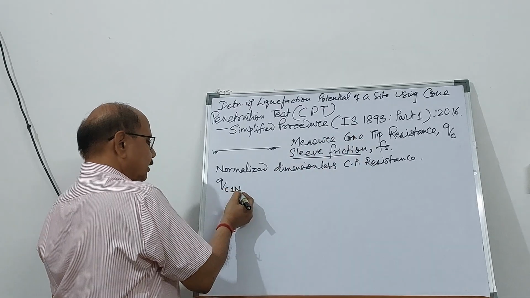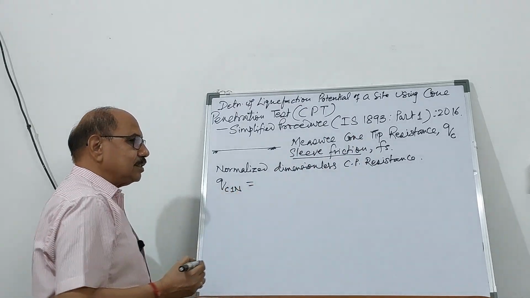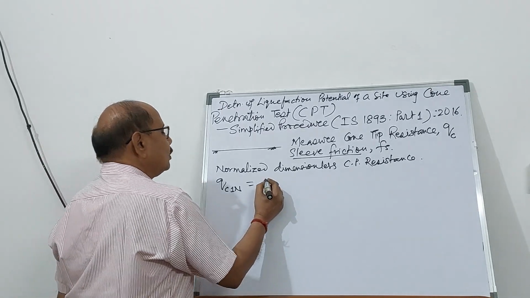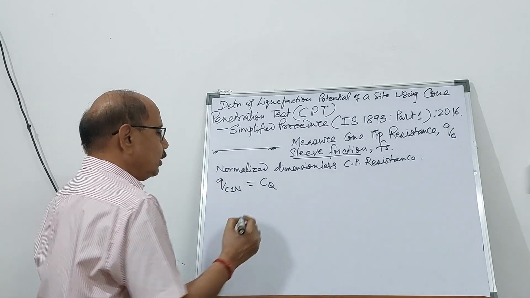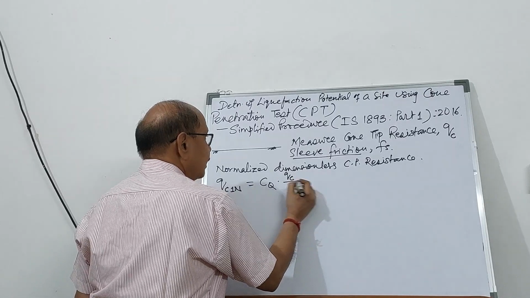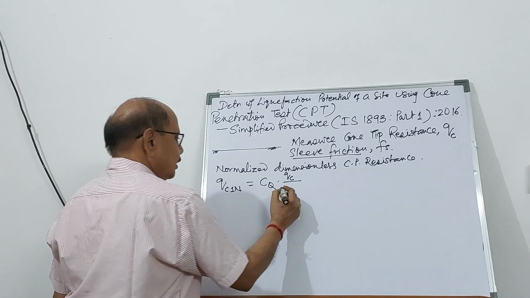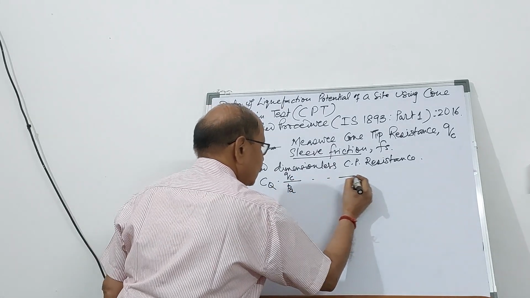From QC it is going to be QC1N, and this is given in the code. This is equal to correction factor CQ into the measured value of the cone tip resistance QC divided by atmospheric pressure,